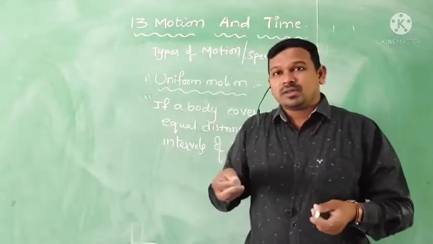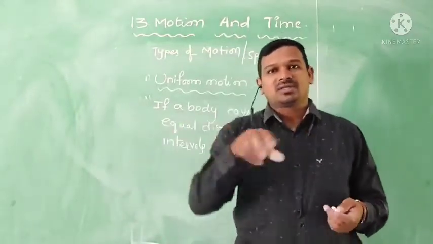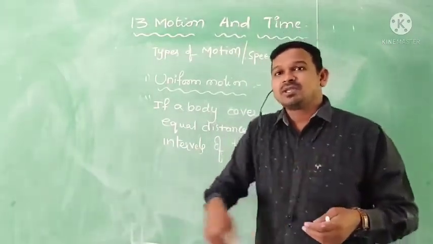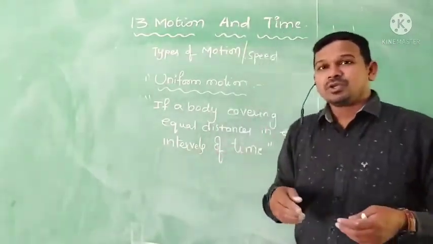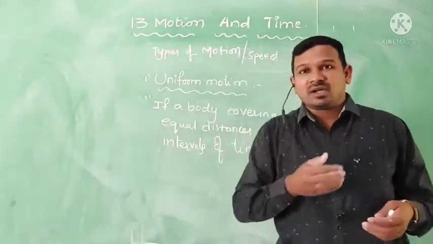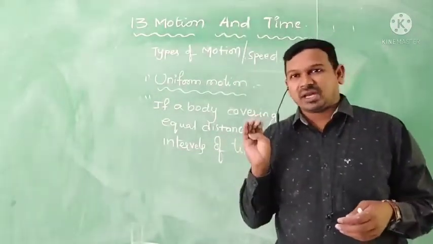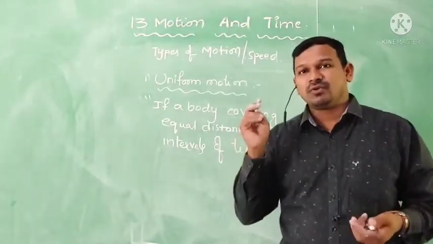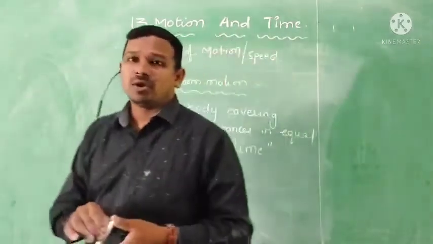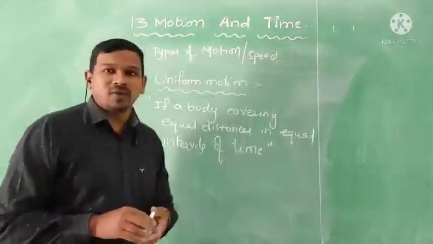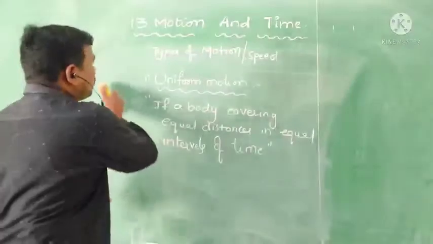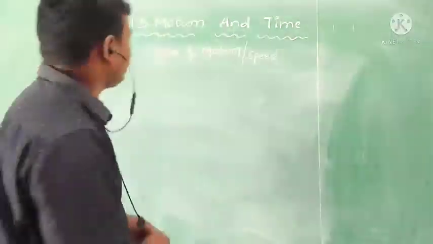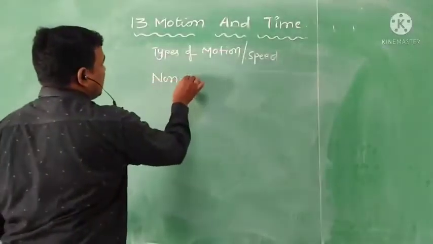Revolution of the earth, which is revolving around the sun. Because it is maintaining the uniform speed, that's why it is covering the same distances in the same time. So the distance which is covered in 1 year is the same every time. So the earth is maintaining uniform motion. I hope you got the clarity about the uniform motion. Now we are going to discuss the non-uniform motion. What is the non-uniform motion?